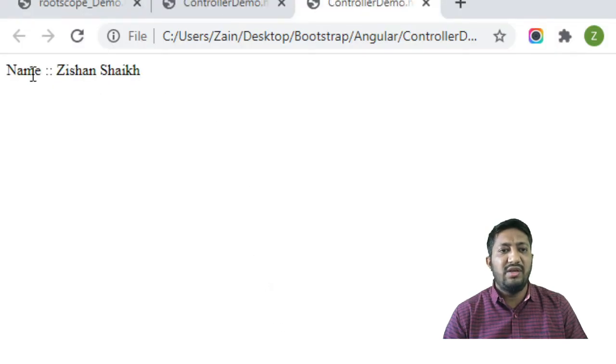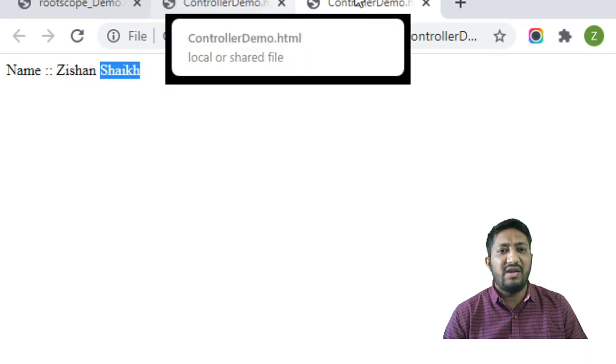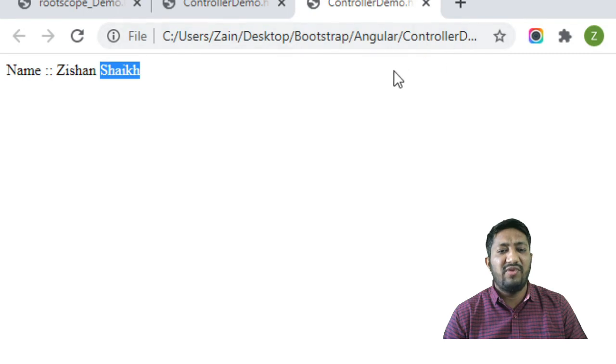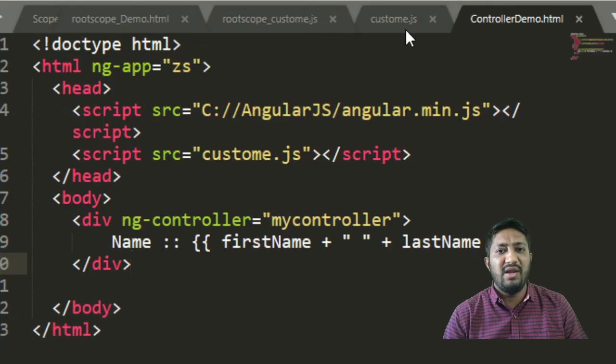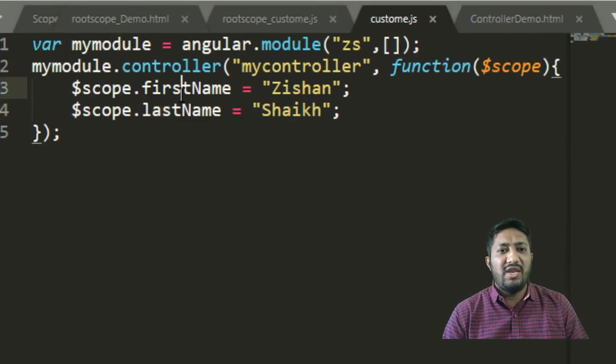Yes, you can see here that the name we are getting is Zishan Shekhi, that we are getting from our HTML file, and the HTML file is maintained by our custom.js, and that custom.js file has two variables, firstName and lastName, and the scope of these values is within this controller part. So this is the basic idea of how we can perform this particular module, controller, and basic use of the scope variable.